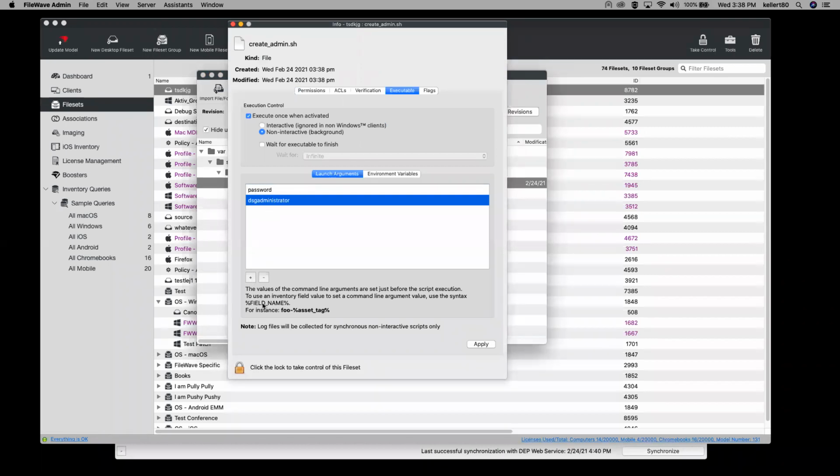You can also pass things over, and this is really brilliant, from any custom field. So where you see here, it says to use % field name, you can pass those in here too. And that's used by our imaging file sets. If you've ever noticed that,